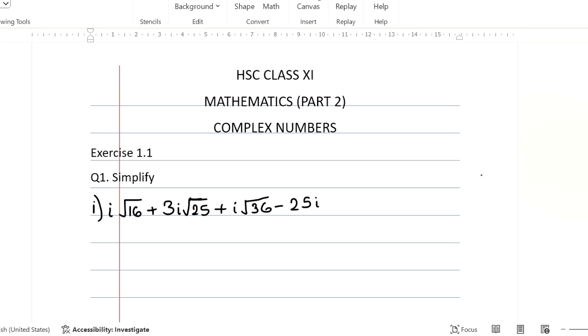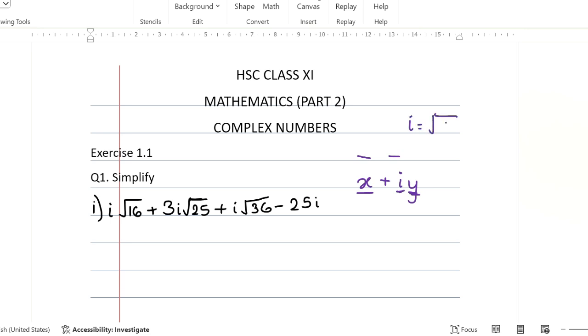So see, complex numbers has two main components, right? A real number and an imaginary number. So how do you write a complex number? You symbolize a complex number by x plus i y. This is your real number part and this is your complex number part or the imaginary number part. So what is this i, right? i is a symbol which we use. What is i? i represents